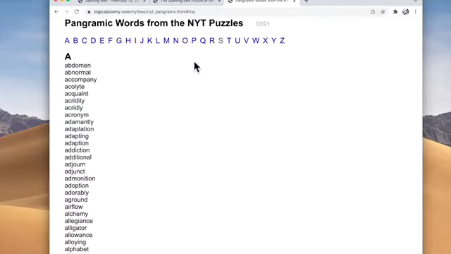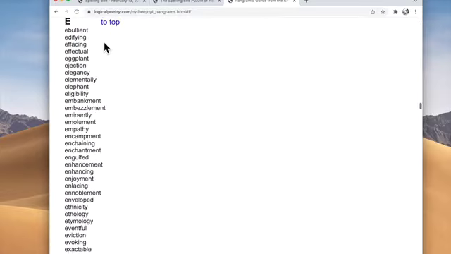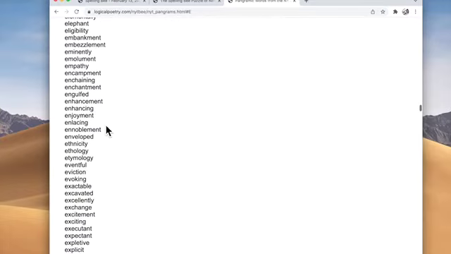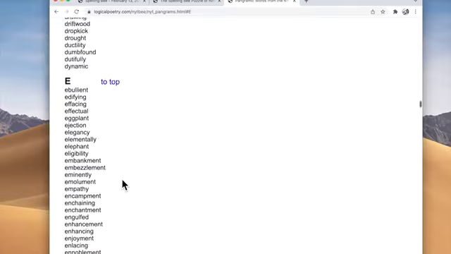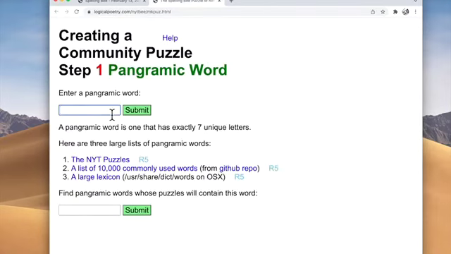Another limitation they have, if you look at the R words that they have used, there are no RE words. And actually, if you look at the E words, there are no ER words. In fact, there are no words that have both the letter E and the letter R in the New York Times puzzles. So that's something that is a limitation. We don't have to follow those rules. Another list of